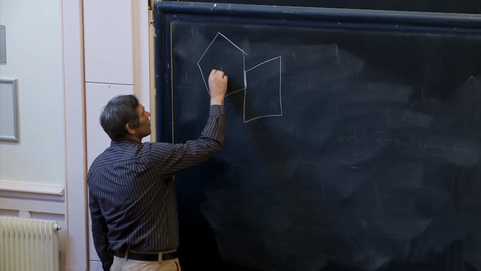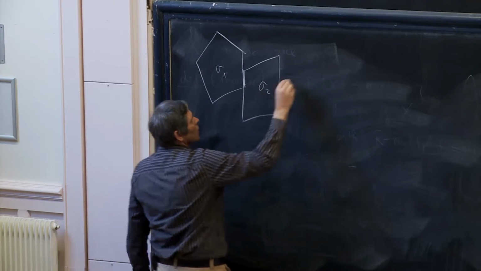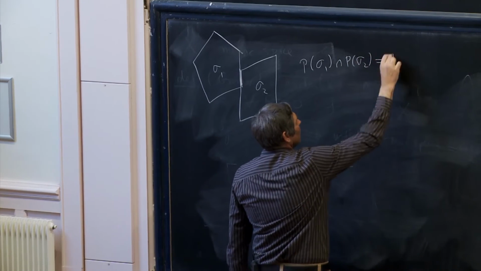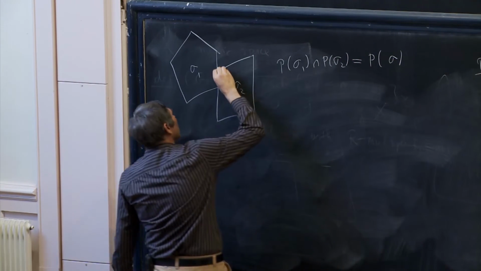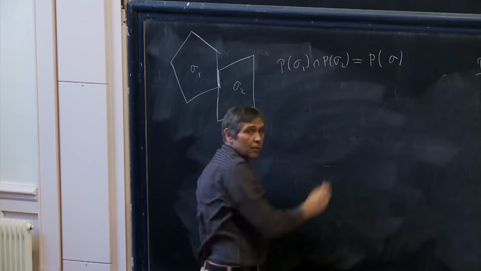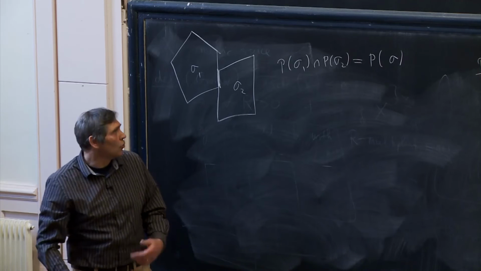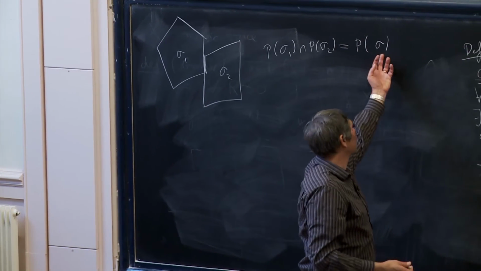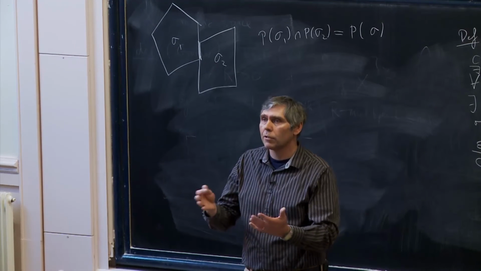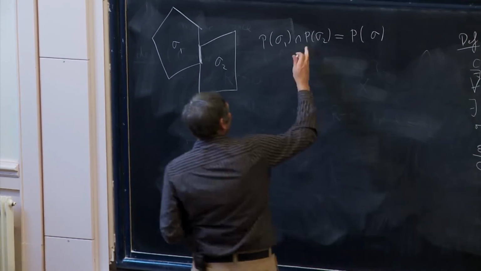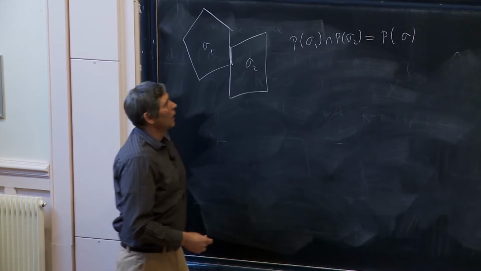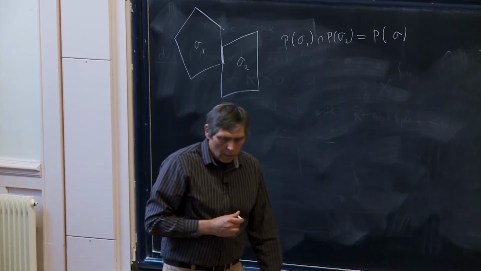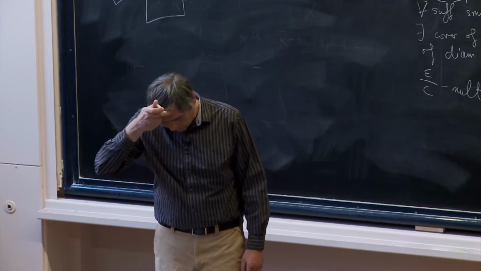In fact, we show that if this is, say, sigma 1 and this is sigma 2, then the intersection P of sigma 1 intersect P of sigma 2 has the form P of some other sigma. So this intersection already has this form. This is not clear a priori. It might be that this is just some kind of a cell, and maybe it's a union of cells of this type, but how do you know that it's one of these cells on the nose? Okay, so that's one fact, and then also the size is correct. As I said, this comes out of the work of Hamenstädt.